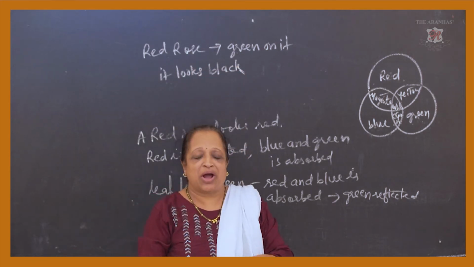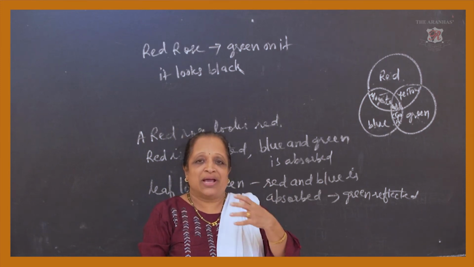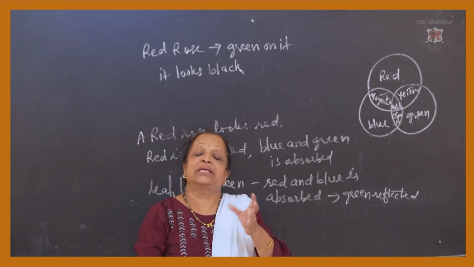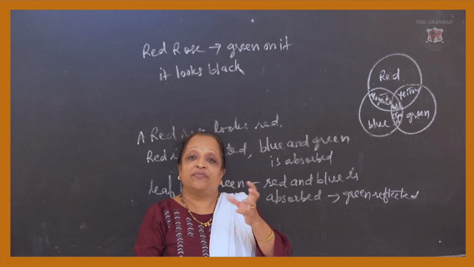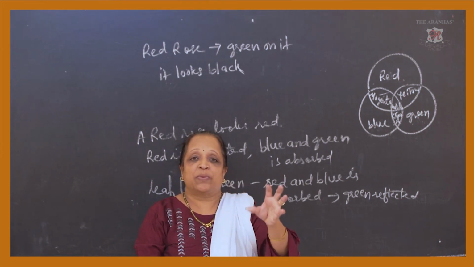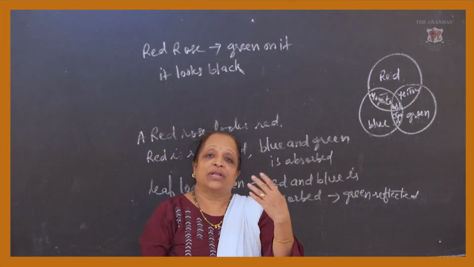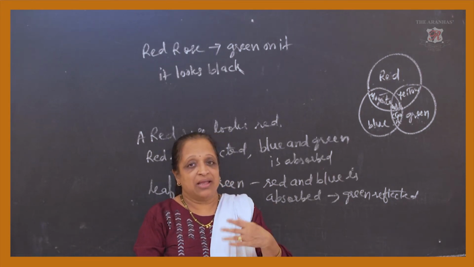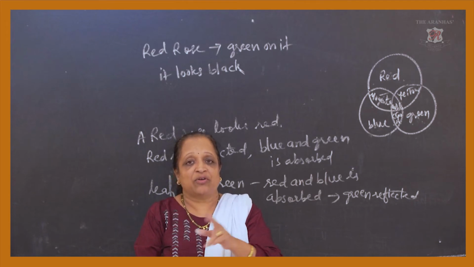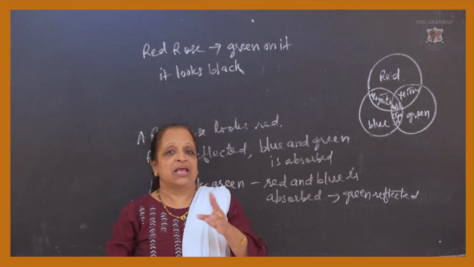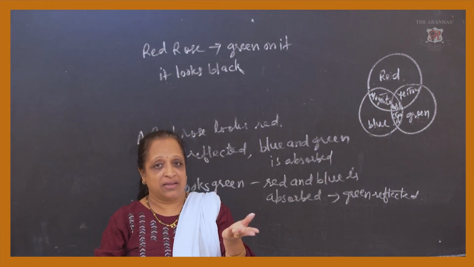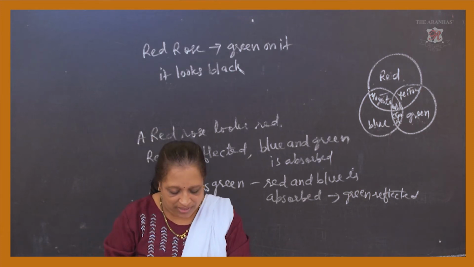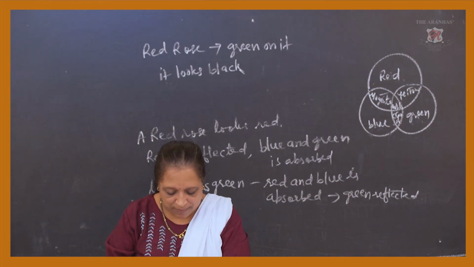You must have now understood that slowly we are nearing the mixing of colors, and what effect we get when a particular color is mixed and what other color we get. So we take two primary colors, and as an effect of the combination of the two primary colors we get some other secondary color. So here, in other words, it would appear black.